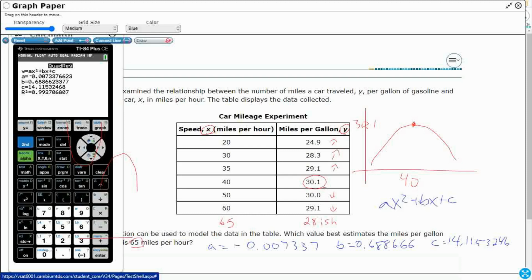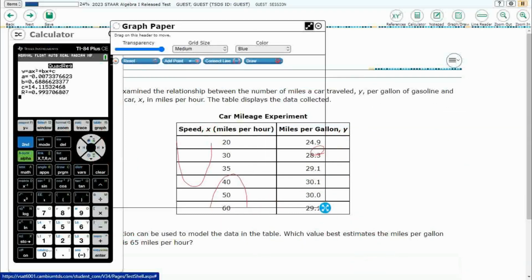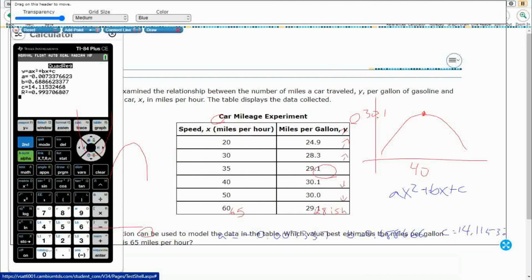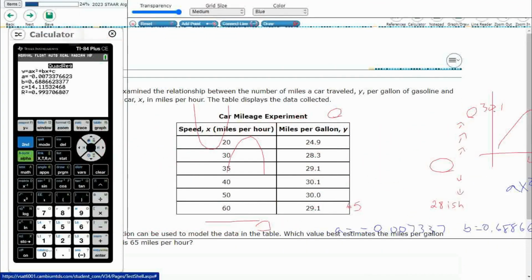So I'm just going to go ahead and plug all that in. All right, let's plug this in here. All right, so we're just going to plug this in to our calculator, and let's see what we get here. Okay, so ax squared. So that a is going to be negative 0.007337, and then the x squared. Remember the x, they wanted us to calculate 65. So we're going to do 65 squared plus, and then my b here,